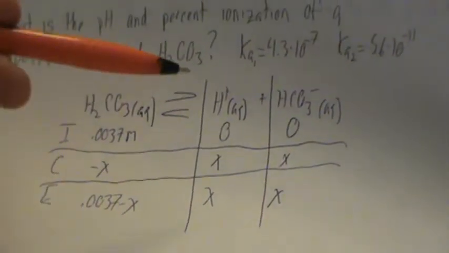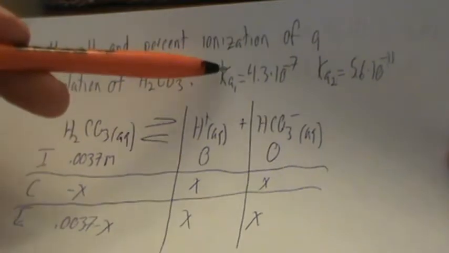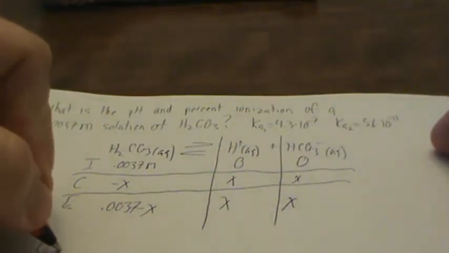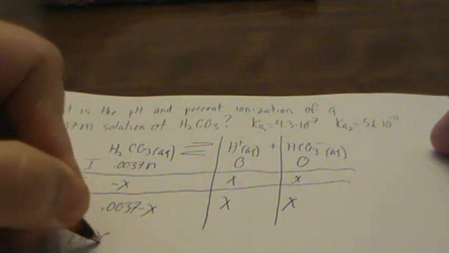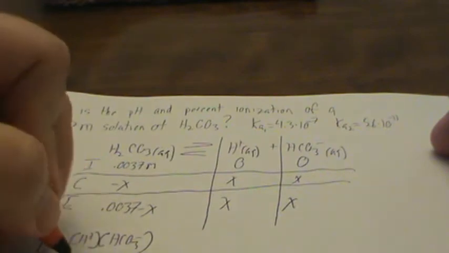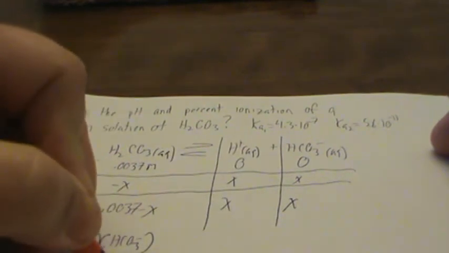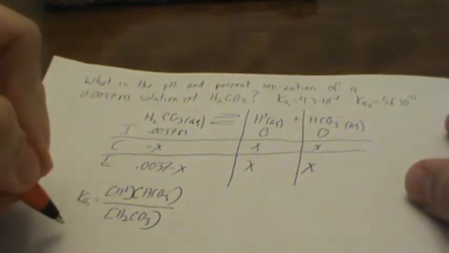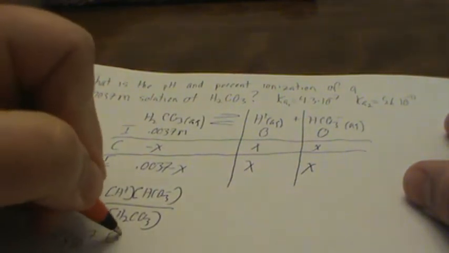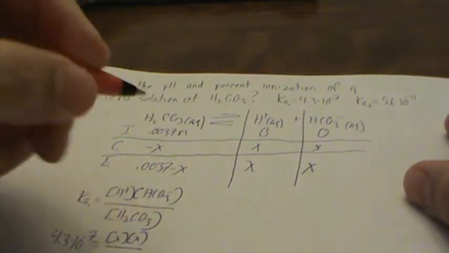Since we are losing our first hydrogen ion, we're going to use Ka1. So Ka1 is equal to hydrogen ion concentration times hydrogen carbonate all over H2CO3. 4.3 times 10 to the negative 7th is equal to x times x all over